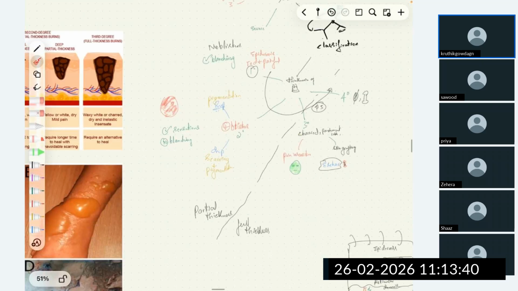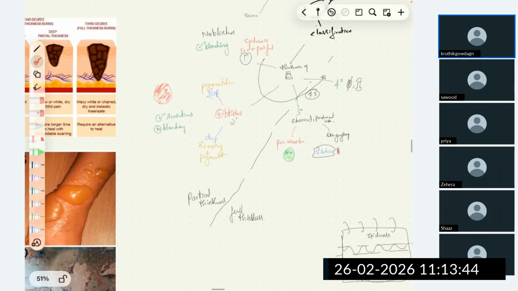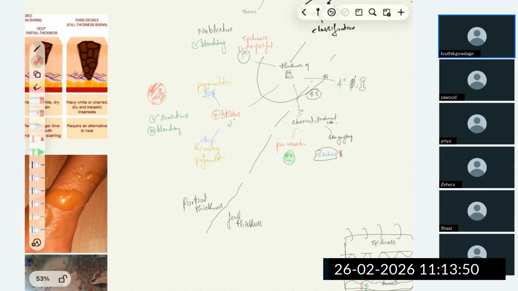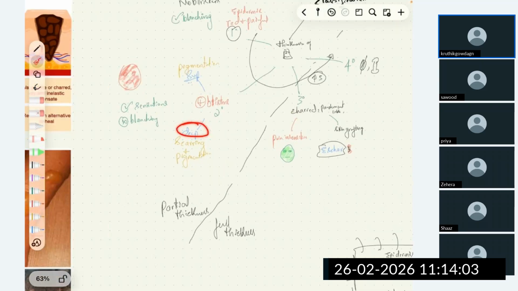So, second degree burn. In superficial second degree burn, only the epidermis with part of the papillary dermis is involved. So with time, healing occurs with pigmentation. Usually we don't see scarring. Most of us have had this superficial second degree burn. And then coming on to deep second degree burn,